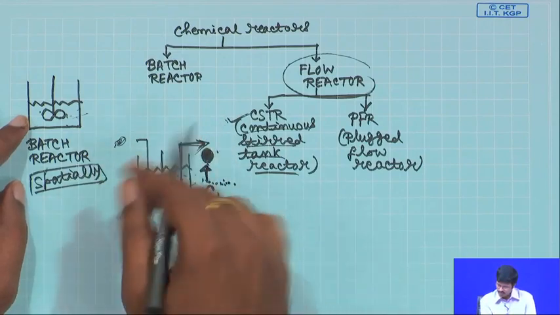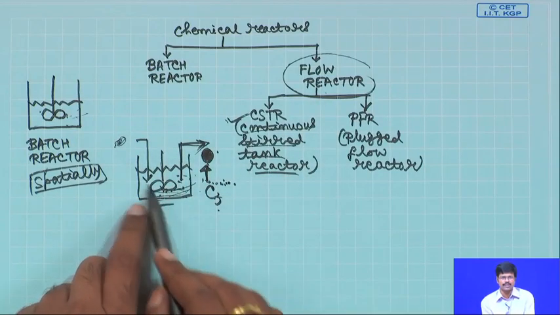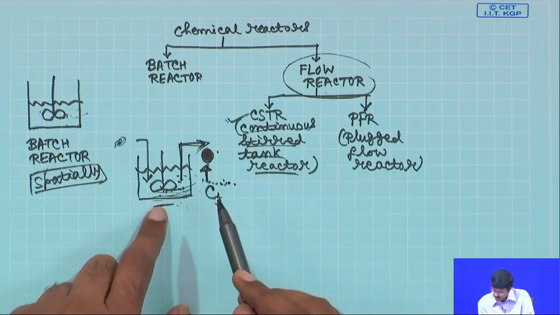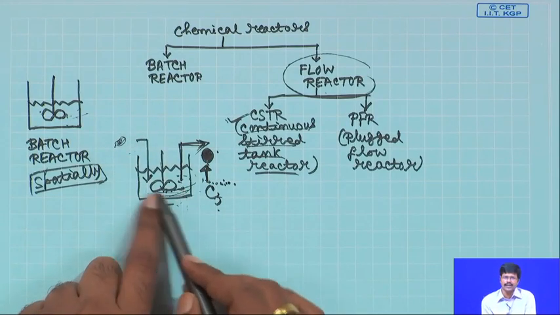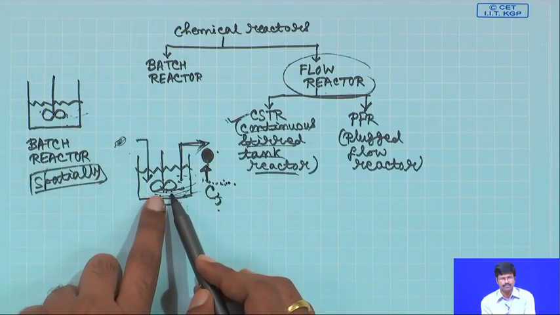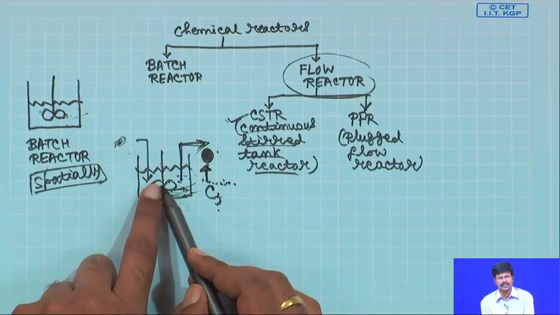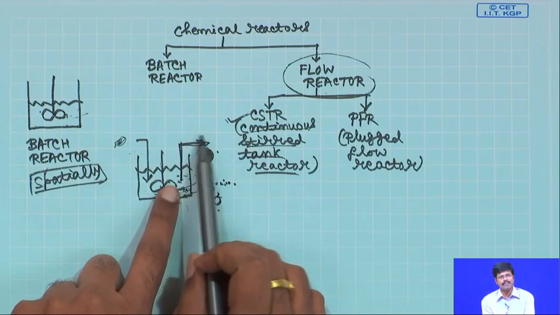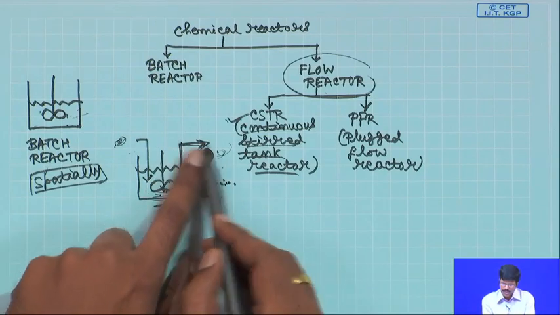So, these are some of the general principles, and typically for liquid phase flow reactions you are using the CSTR, the continuously stirred tank reactor. Reactants are being diluted immediately on entering the tank, and the rate of reaction is the same throughout the reaction mixture, and that rate does not change. If you are doing a polymerization reaction, the rate of polymerization is the same as a function of time, and it will be the same as the rate of polymerization when you are seeing outside, for example. So, the product stream